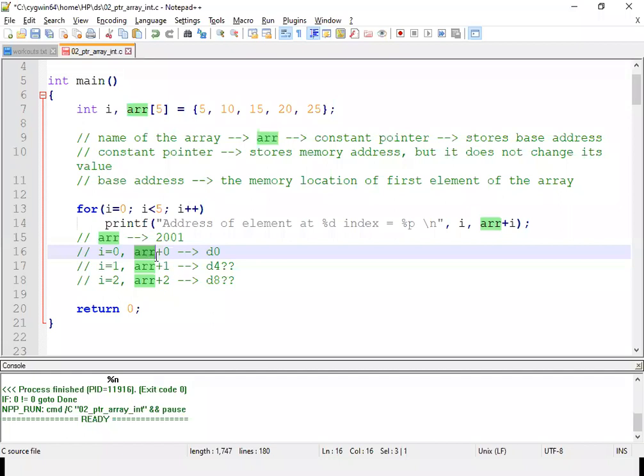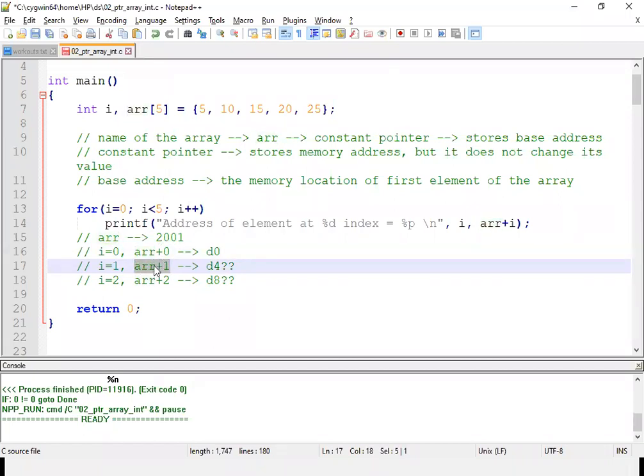Now, when we try to perform arithmetic operations on hexadecimal numbers or on memory locations directly, for example, here arr is D0, and if I perform arr plus 1, it will never be D1. It depends upon the data type of that particular pointer, or what type of data it stores.